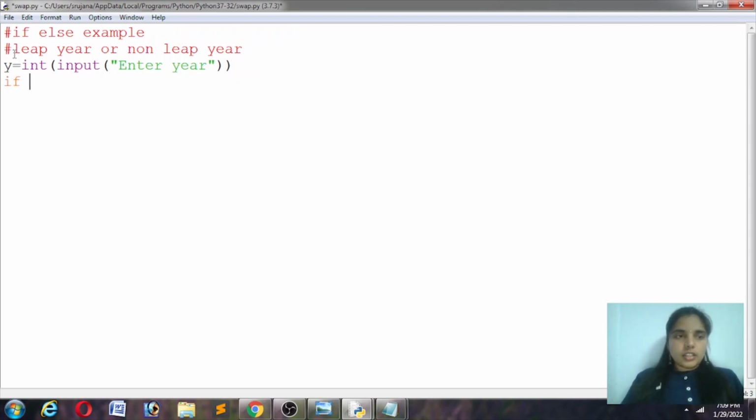And year modulo 4 is equal to 0. And at the same time, a year which is divisible by 400, or a year which is not divisible by 100,